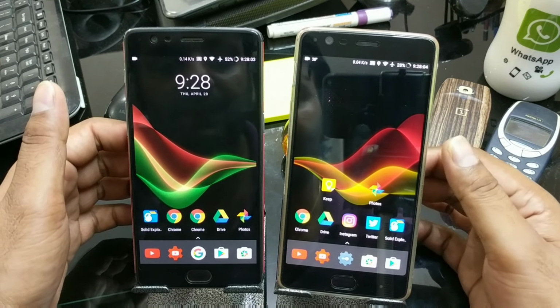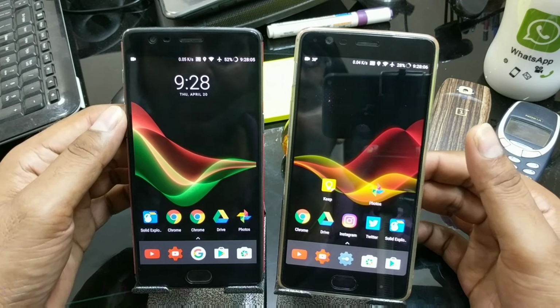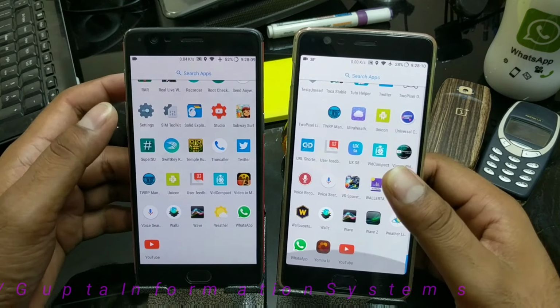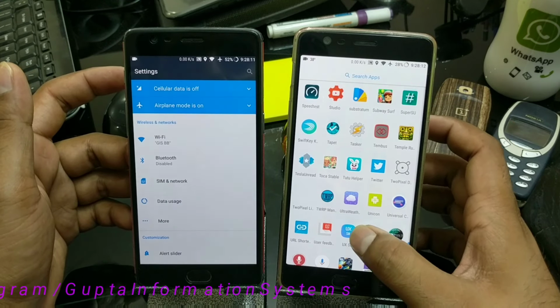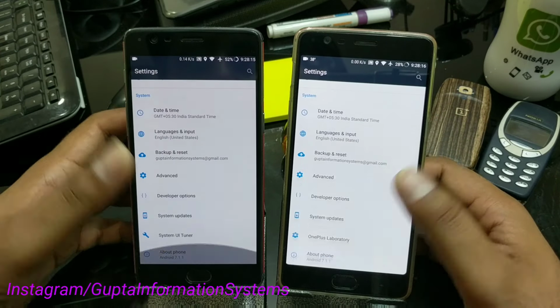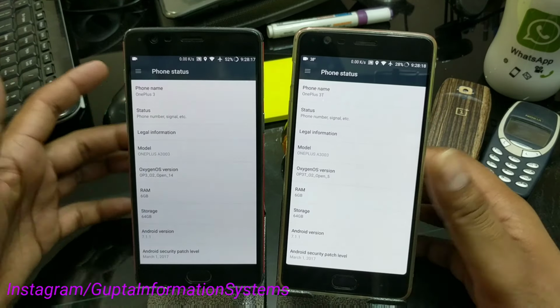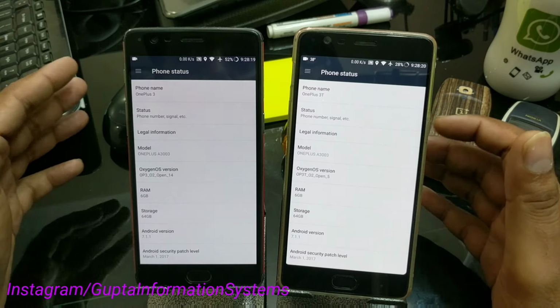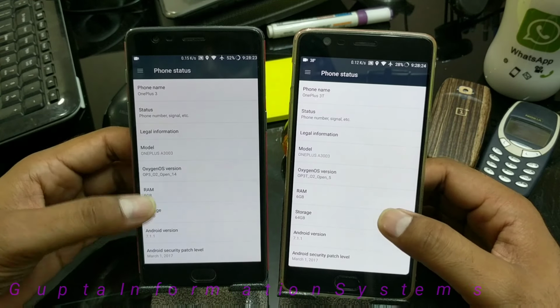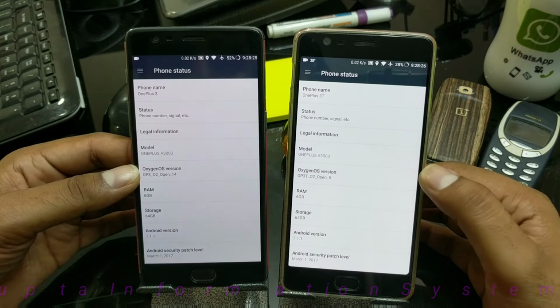Alright guys, so on the right side I have the OnePlus 3T and on the left side I have the OnePlus 3. So first off, we'll go and check out the build number we have got this time, and also what kind of security patch we have got here. So this is settings on both the devices, both running 7.1.1, still no sign of 7.1.2 right here. And again you can see we have the build numbers Open Beta 14 and Open Beta